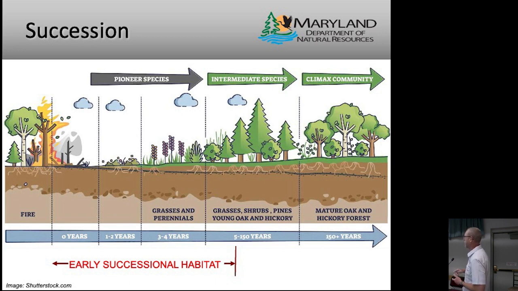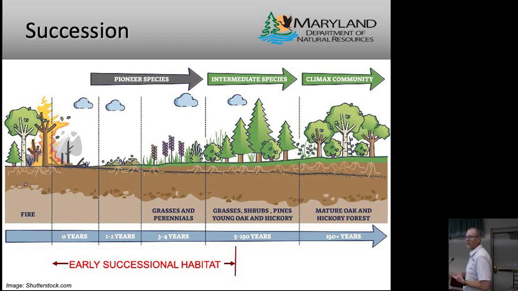You've got things like foxtail, ragweed. You're going to move into more of a perennial grass stand typically after 2 to 3, 4 years. Get things like broom sedge, some of the plants that can be very good for the species that we're talking about. And then through time, you'll start to get your shrubs, briars, blackberry, small trees will begin to encroach